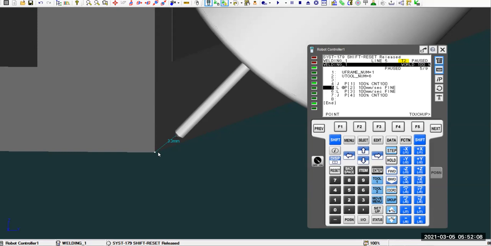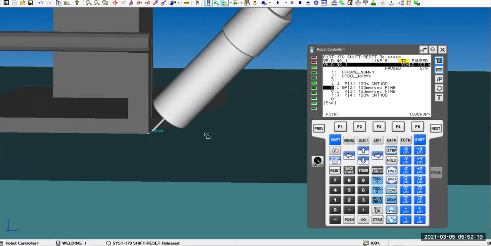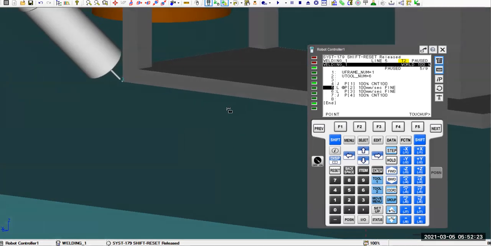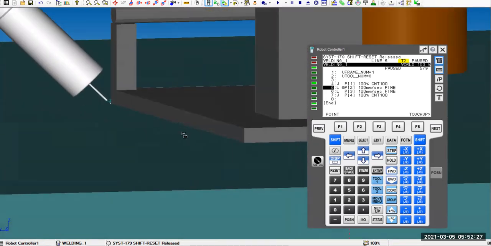You don't want to go too far, right? I need you to get very close. Right now it shows 3.3 millimeter, right? You need to get within 4 millimeter to get it signed off. So this is the starting point. And then the ending point will be the other corner on the